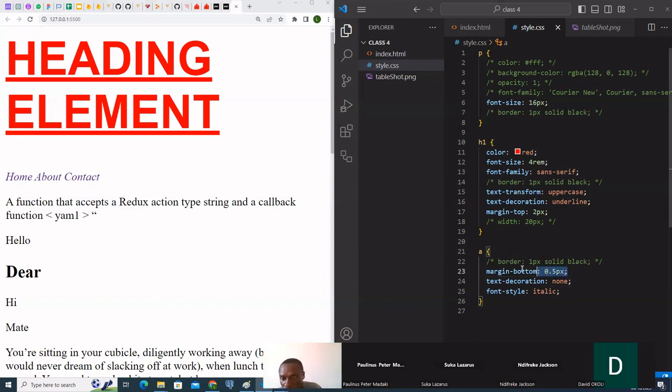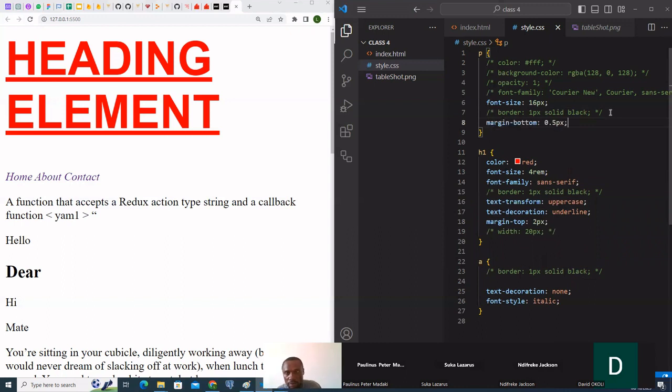Oh, sorry. This element, let me use this one to make it clearer. Let me use P elements. Margin bottom. Okay. Define the margin bottom. I remember that here down, where we define this H1 margin top, somebody might ask, since the margin top,